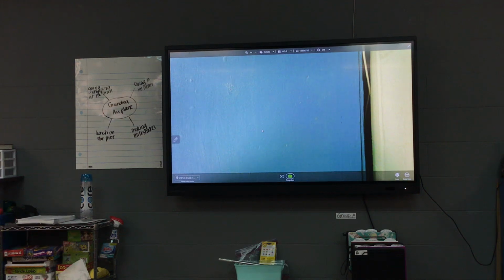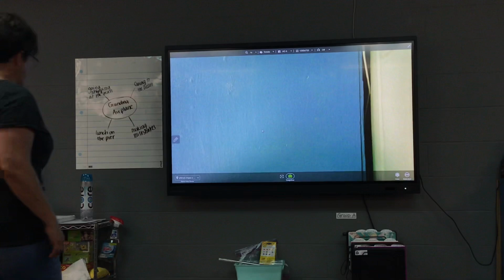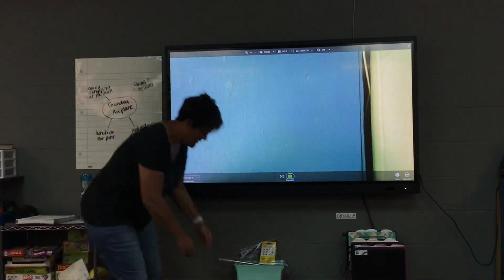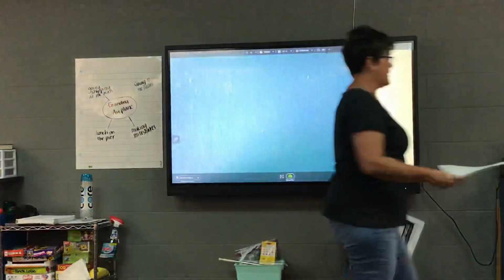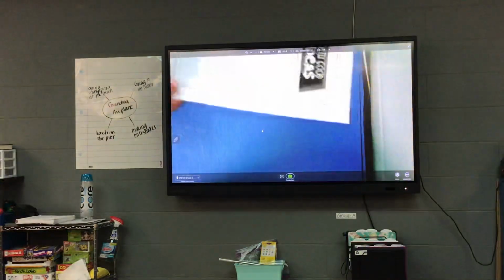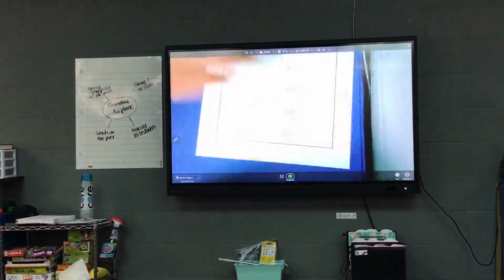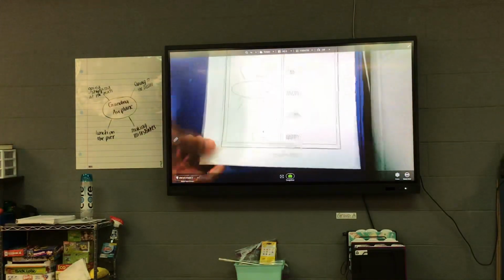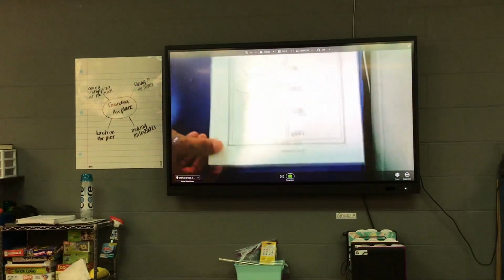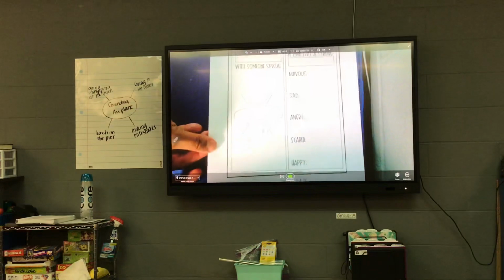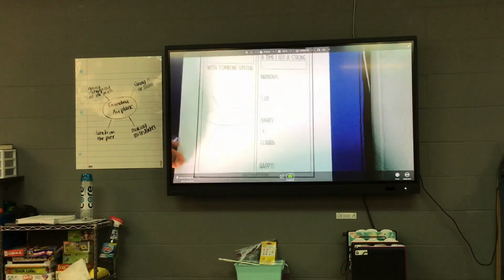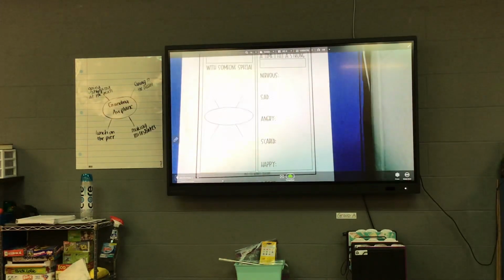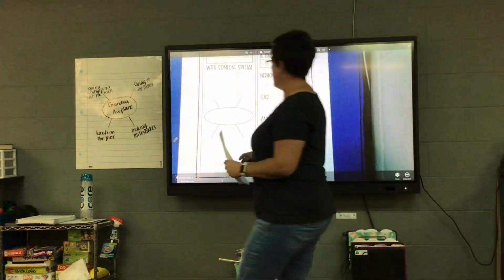Right, friends, yesterday I was starting to show you how we would complete a story map for our personal narrative. And you're going to be getting a paper that looks just like this one. Okay, so,